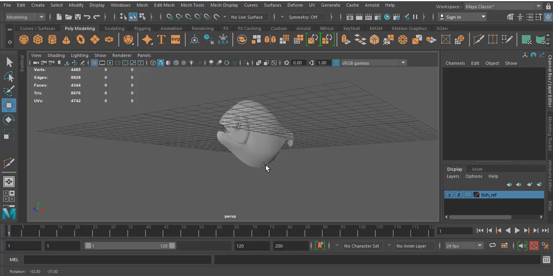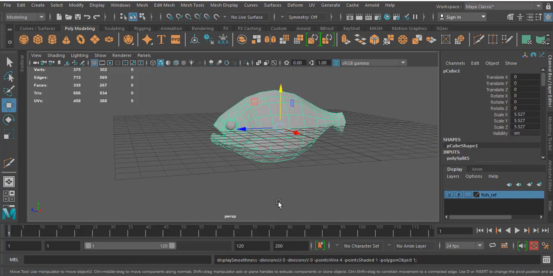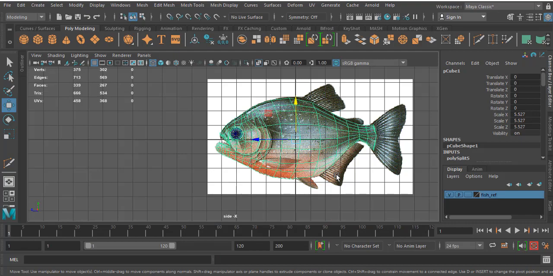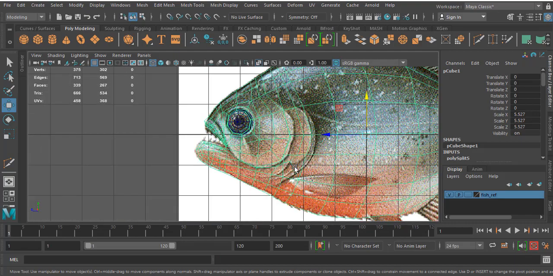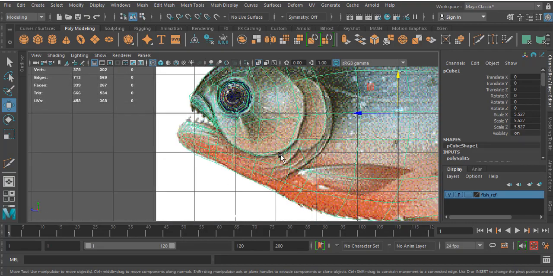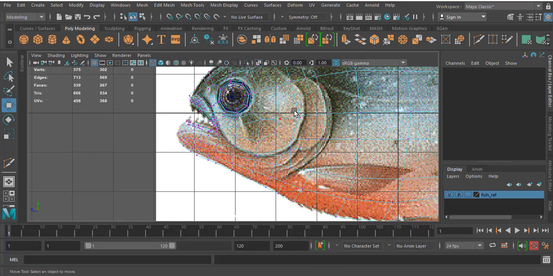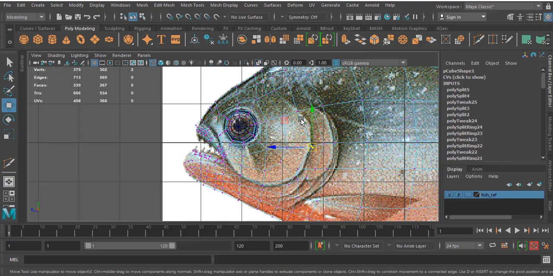Okay, now my next step. What is my next step? I'm not going to create entire gills like this. If you really want, you can. What I'm going to do, one area is over, so I have to place this according to the reference image.